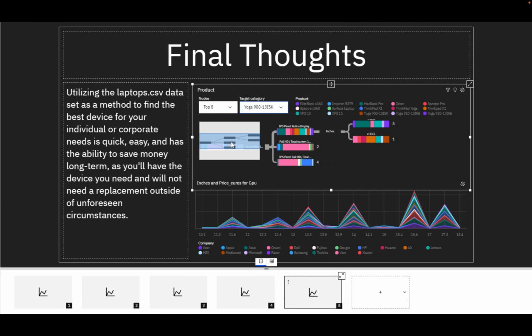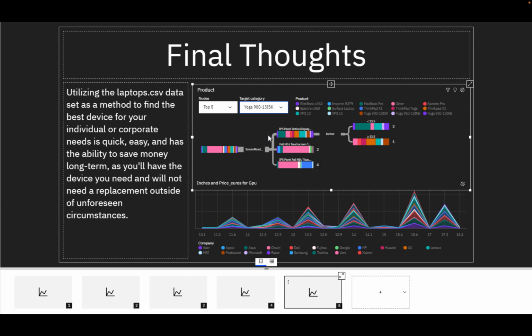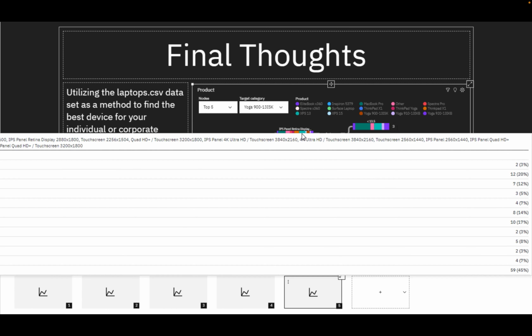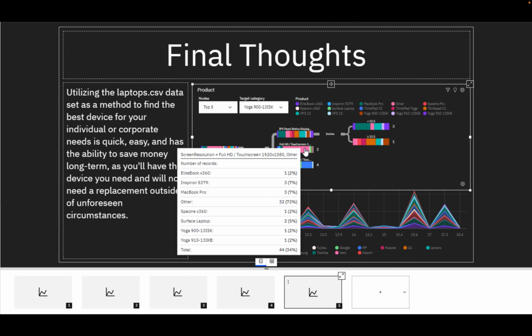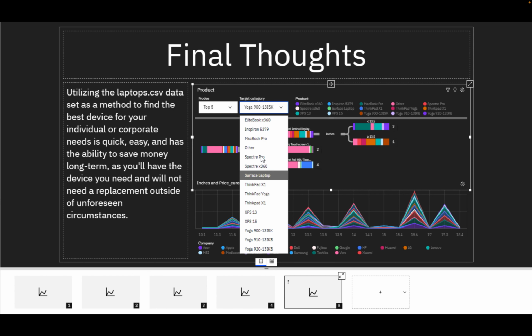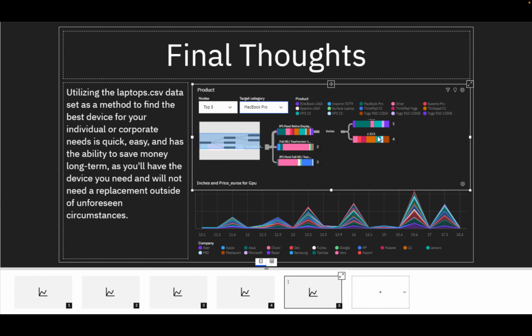Over here, I have a decision tree. And on the decision tree, I've got the top 5 for my target category, which are the products. And if you'll see up on the top right, I've got the products listed. Those colors coordinate with each area of the decision tree. Here I've picked the touchscreen. I've got all of the percentages that weigh into making that decision. Again, I've checked the MacBook Pro, and